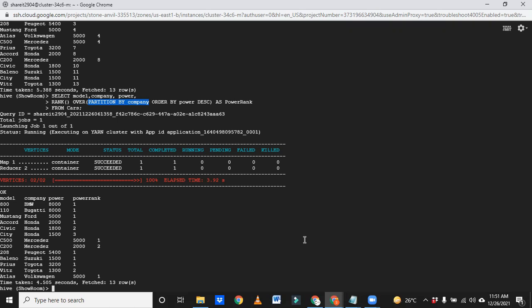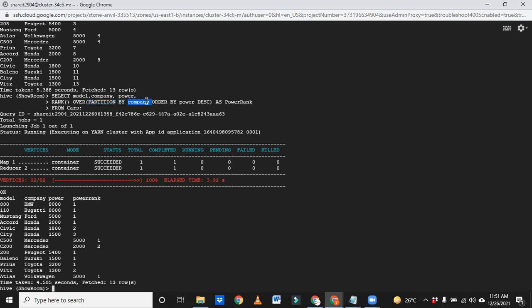But if I want the first rank from males or the first rank from females, in that case you have to use partition by gender and order by marks. So based on the usage, we have to choose our statement. If we want data from each category, then you have to use partition by.